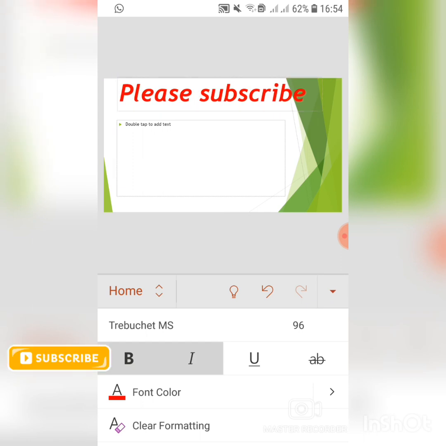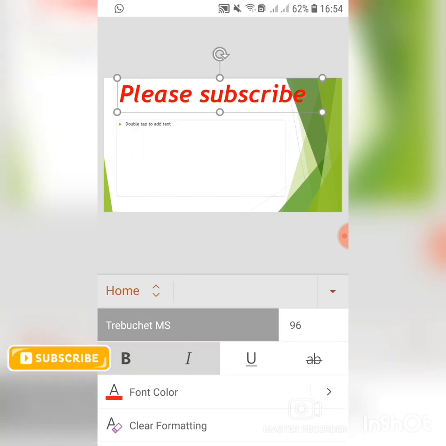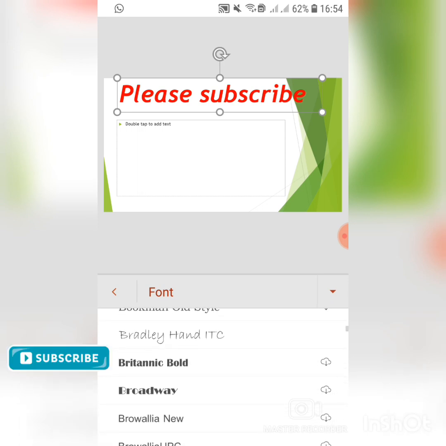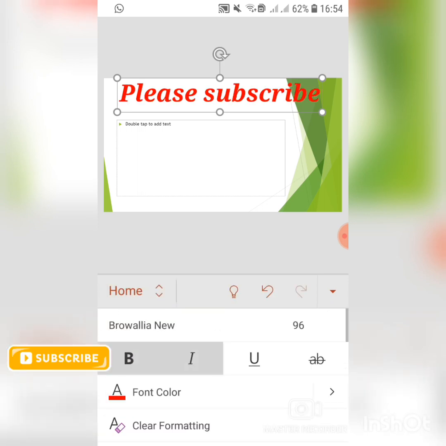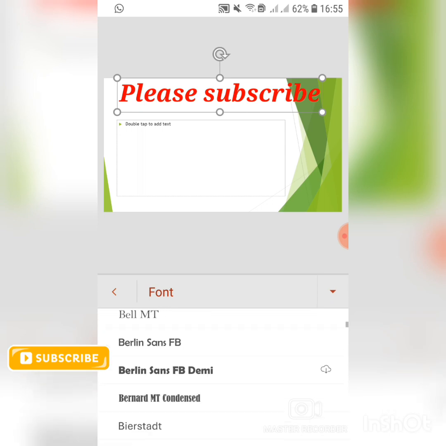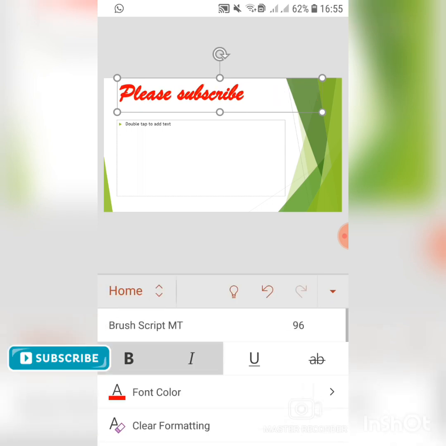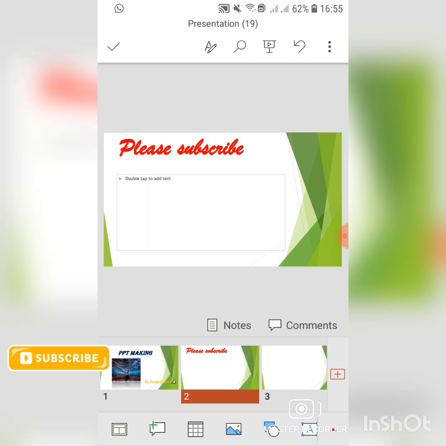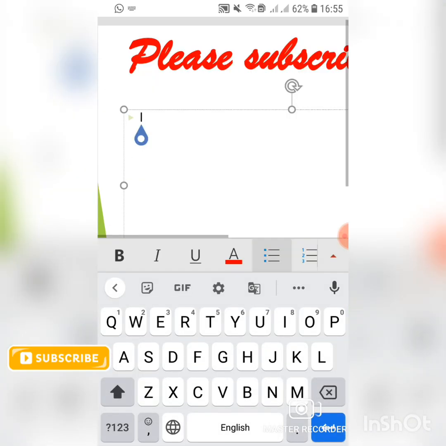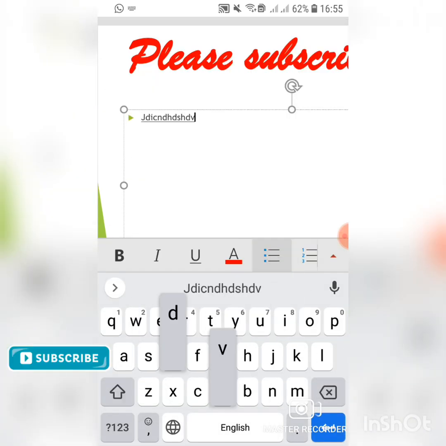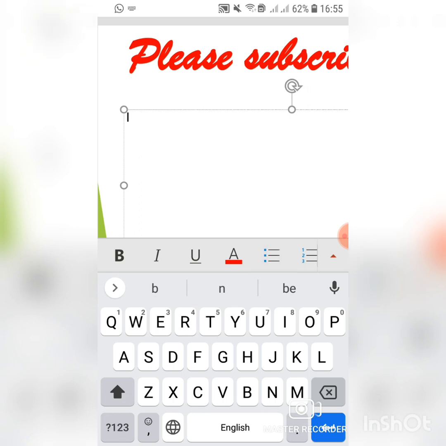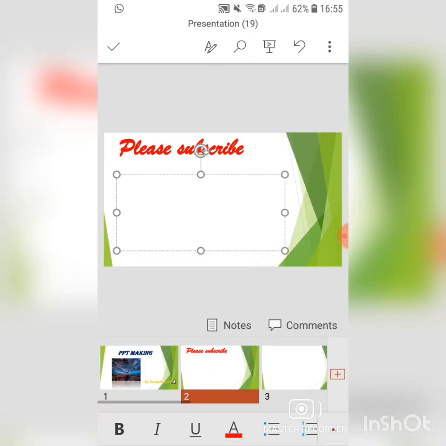Just turn it up. Now I'm going to change this design. You have many more designs as seen. So I'm going to take this one. Better. Something unique. Done. So on the next sheet, you can add a double tab also, and whatever text you want to add, you can do that, and change the headlines of that part also.